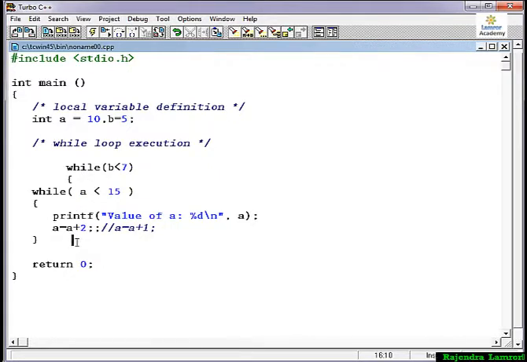Now I am printing the value of b with printf, b equal to %d slash n. After that I increment b by 1 and close the bracket.